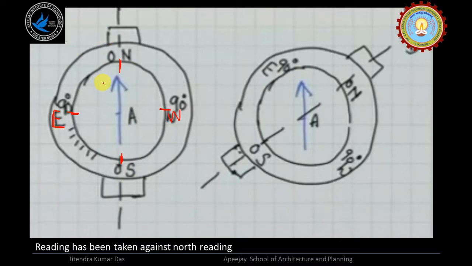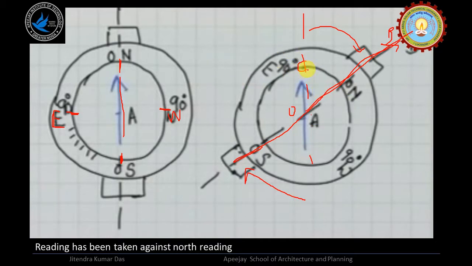North south is the same. So what is happening, suppose this is the first time, when we start the reading, we align our 0 with respect to the magnetic meridian. Now suppose there is a point B, and we want to sight B. So in that case we rotate the surveyor compass, and we bisect it. Suppose we bisected it and established the sight line. So what happens, we came at this point.